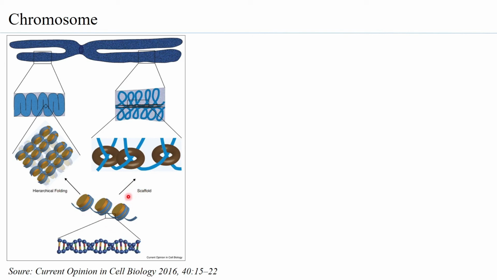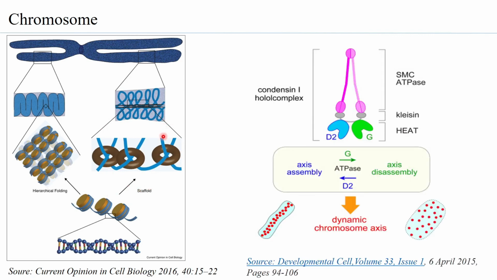The other one is that the solenoids themselves come to form loops, and every loop is attached to each other through certain protein complexes. And these protein complexes come together to form what is called a scaffold. So, when you look at the chromosome structure at a higher resolution, you will find that you have looped DNA with every loop bound to a scaffold that is made up of different proteins. There are lots of evidences for the metaphase scaffold. In this unit they found that the scaffold definitely is present, and